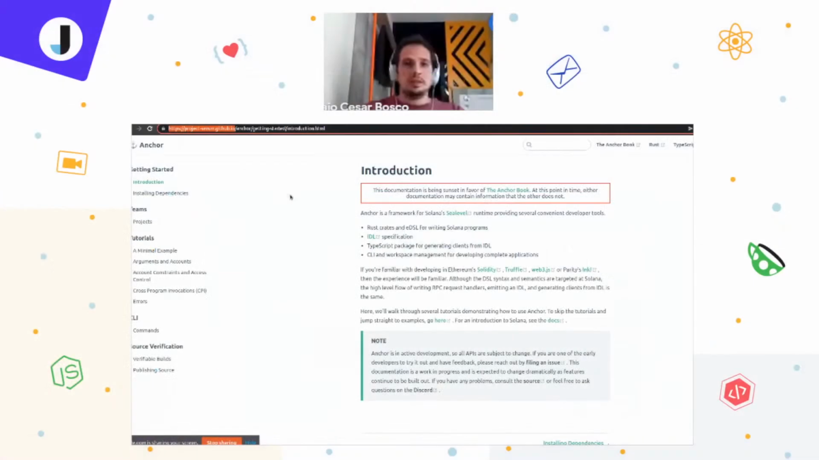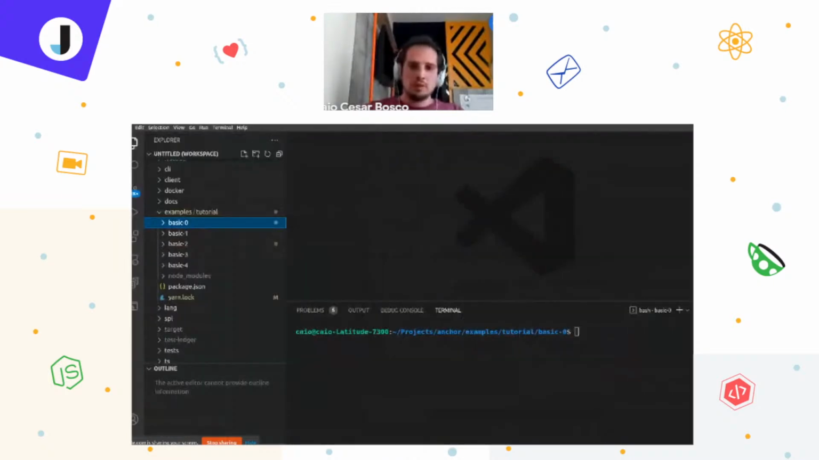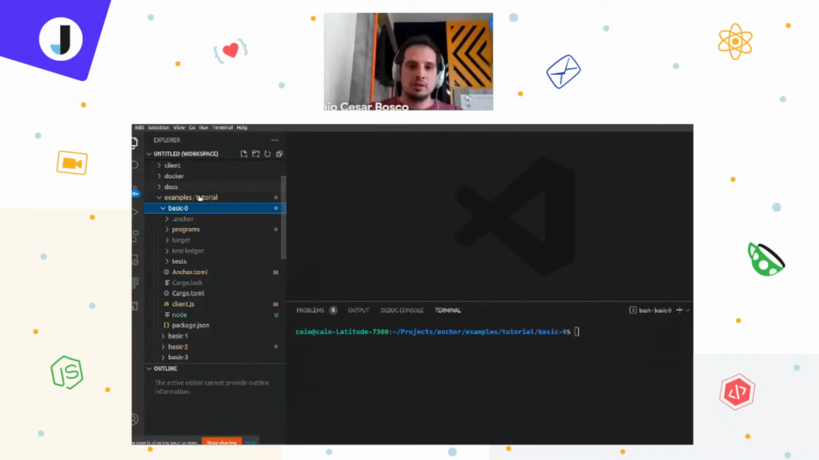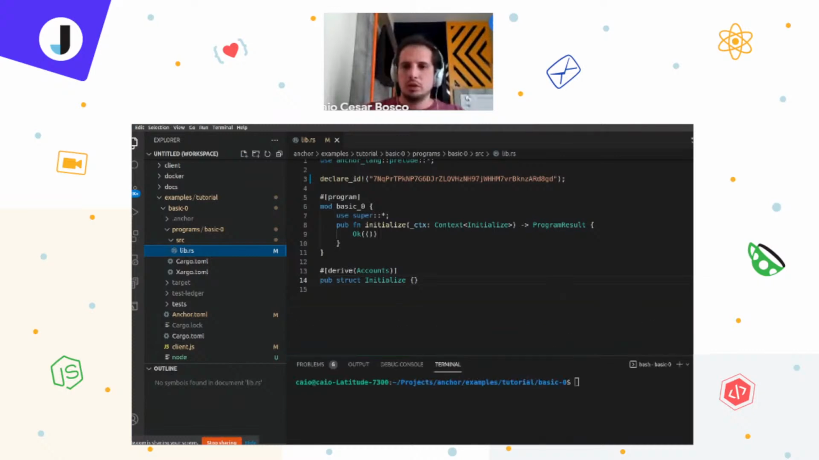Okay, as I said, we have the Anchor framework, and if you would like to know how to set up your environment, go to the Project Ethereum webpage, and you have all the instructions. So I will skip that, and let's go to our first example. Every time you create an Anchor project, you will have this directory structure. So the first thing we can see here is